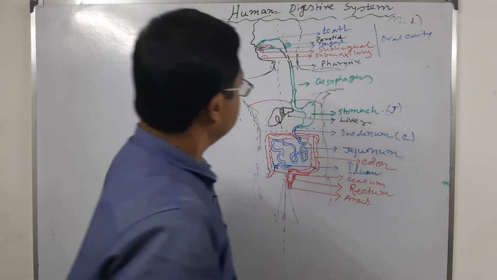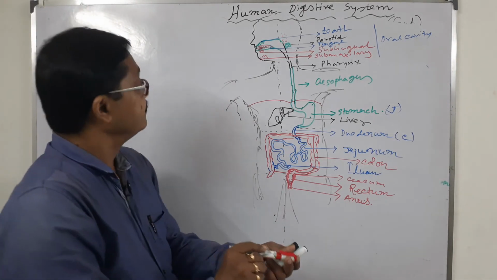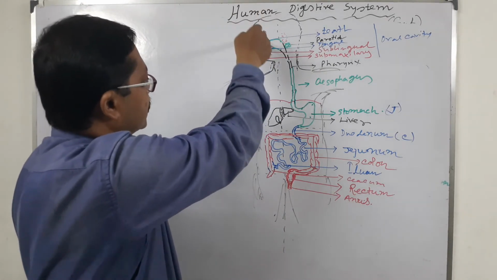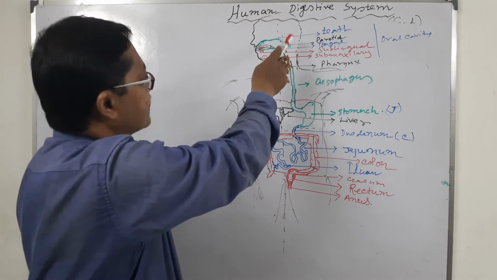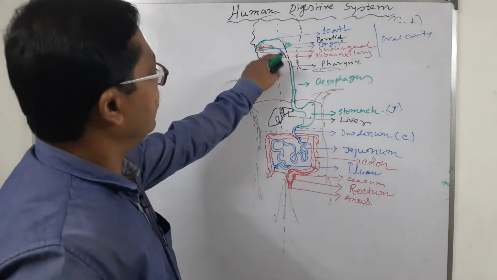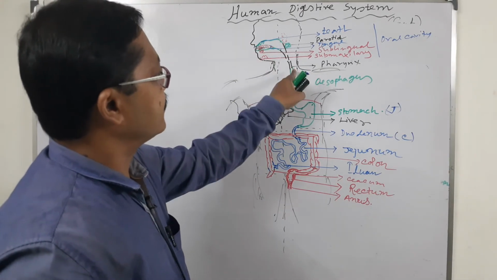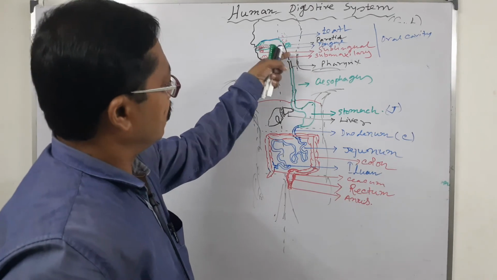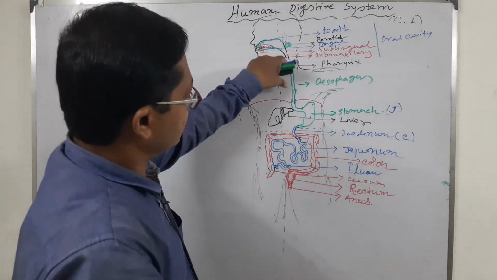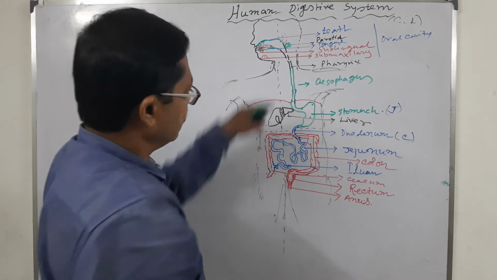Okay, students, this is the total structure of our human digestive system. Let's repeat. This is the oral cavity. It consists of teeth, tongue, as well as 3 pairs of salivary glands. Then the part called the pharynx consists of 3 zones: naso, oro, laryngo. Then the esophageal structure is muscular, through which the bolus moves.